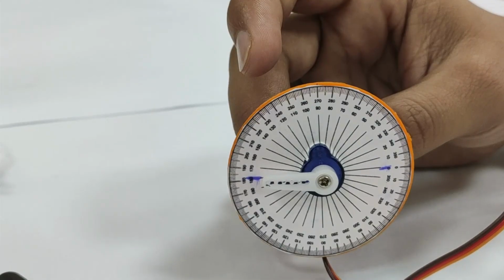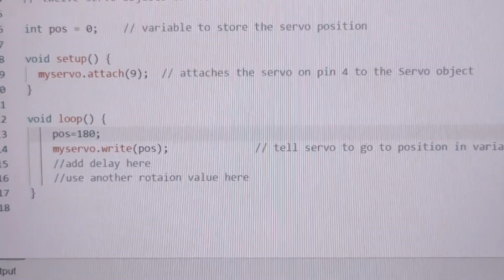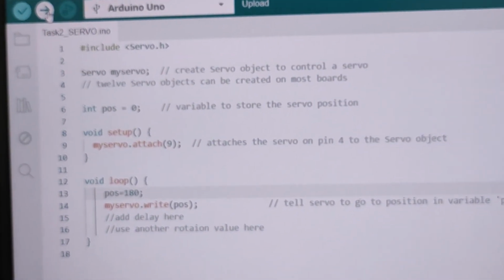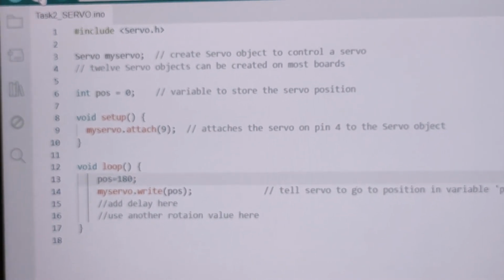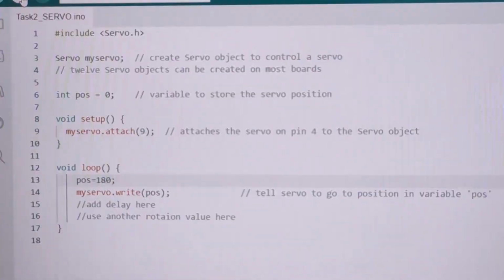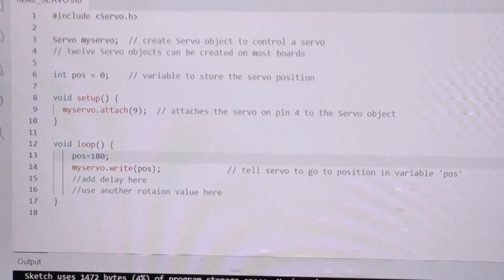So it has gone to 180 degrees. So any angle you can go and make it stop. This is a very useful motor and a very simple program, where you can make a serial manipulator, or you can make a mobile robot, and you can make it stop at whatever location you want. If you have a serial link manipulator, each of the joints we can put.